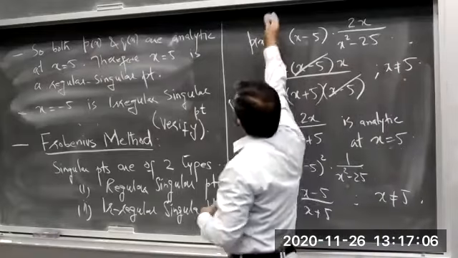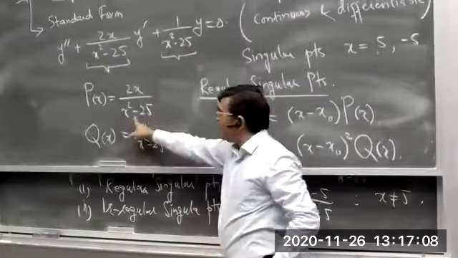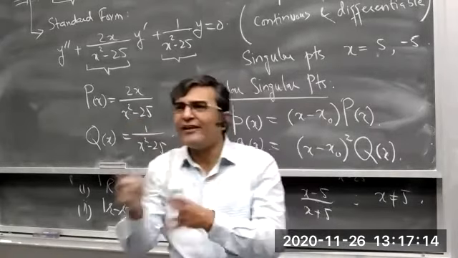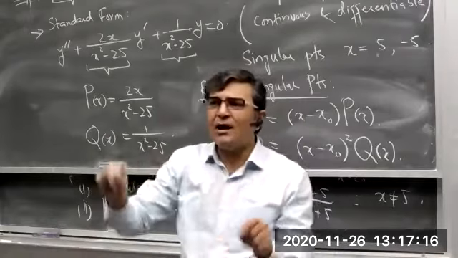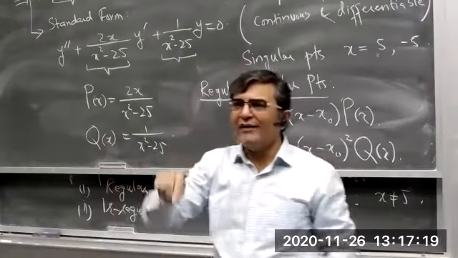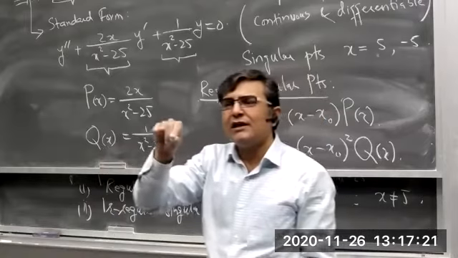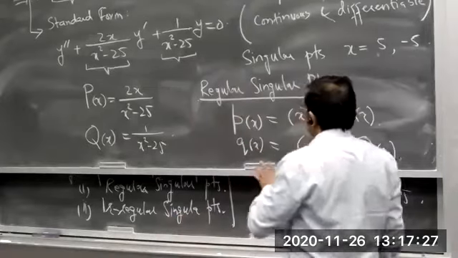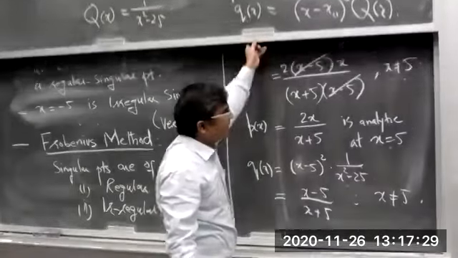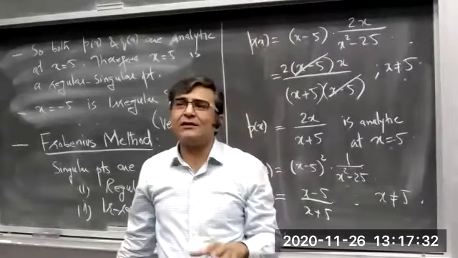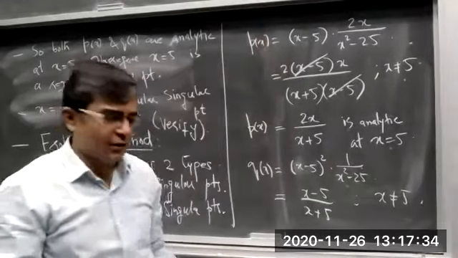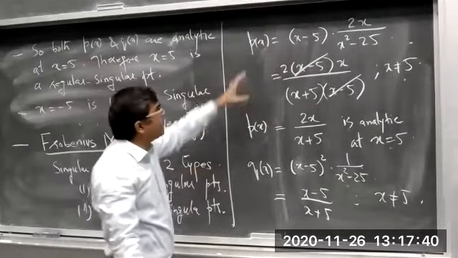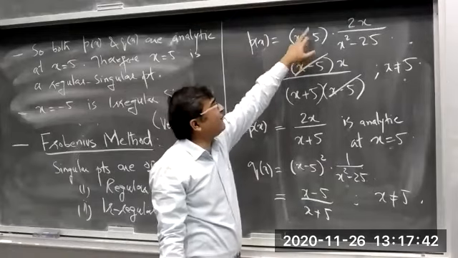देखिए आपका जो कैपिटल p of x है यहाँ पे x equal to 5 पे ये undefined है, ठीक है। x equal to 5 यहां से निकल गया, 5 के अलावा हम चेक कर रहे हैं कि बाकी तमाम पॉइंट्स पे ये कॉन्टिन्यूस होगा, और 5 पे whether we can remove this discontinuity or not. If we can remove the discontinuity for that particular singular point, then we say that it is regular singular point, ठीक है। अगर हम उस discontinuity को remove नहीं कर सकते, even by multiplying x minus 5 power 1 and